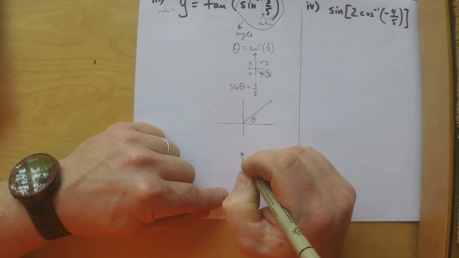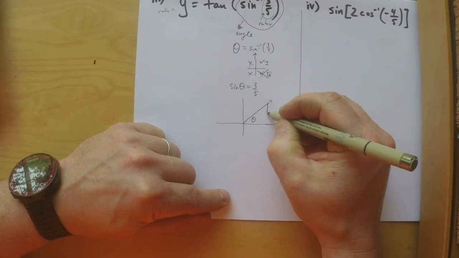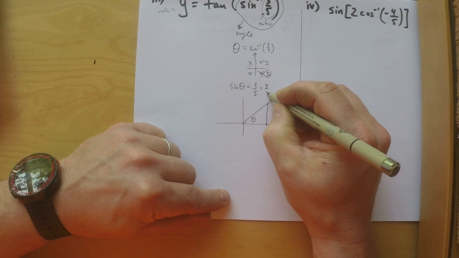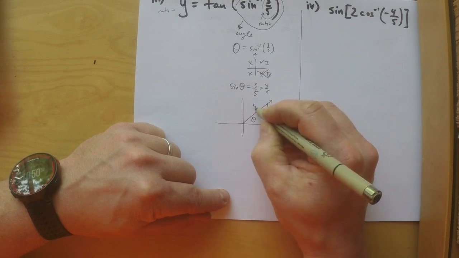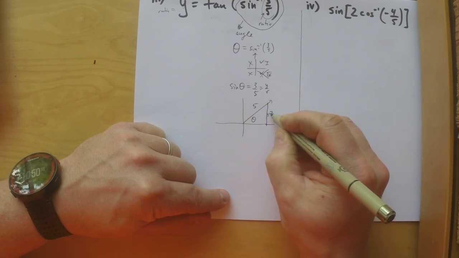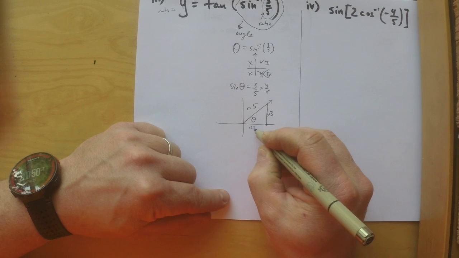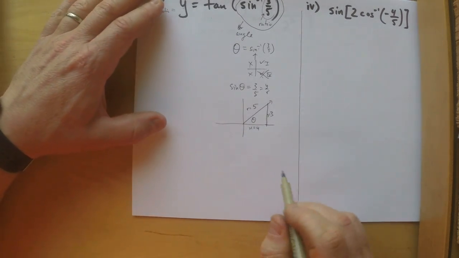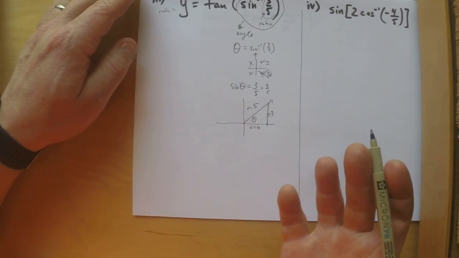This must be theta, which I don't know yet, but I know the ratio. This is y over r. This is 3, this is 5. So there's my y, there's my r, and my x, with Pythagoras, must be 4. A 3, 4, 5 triangle. Once I have all that information,